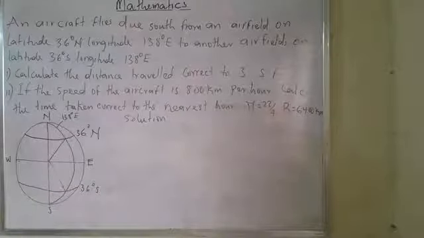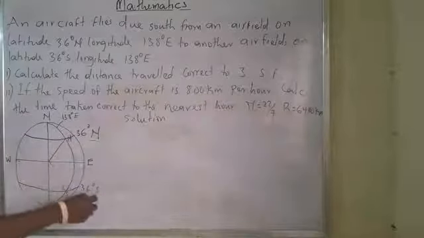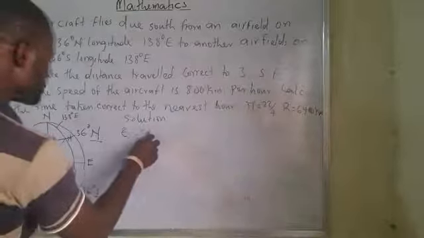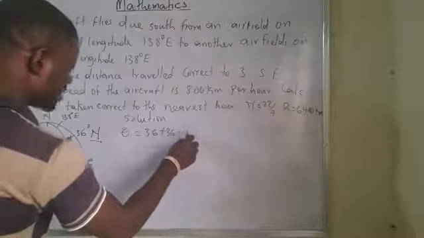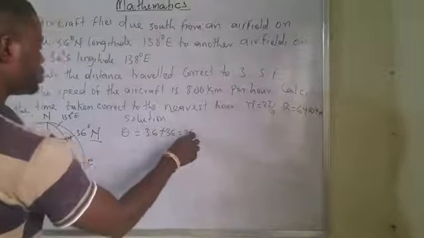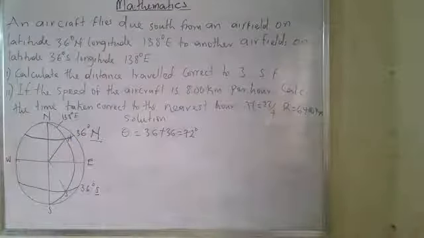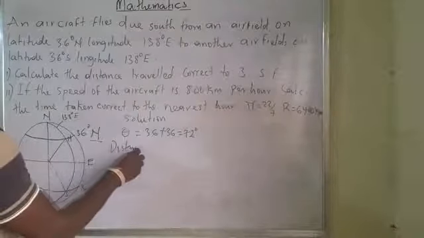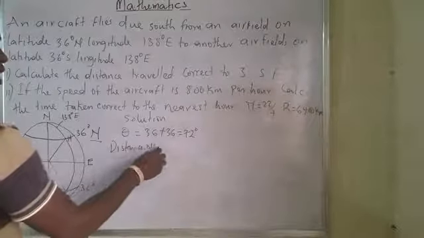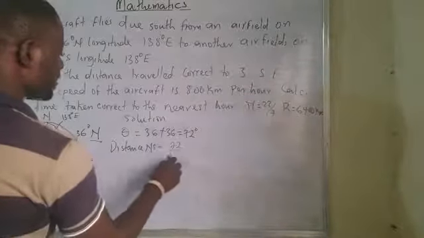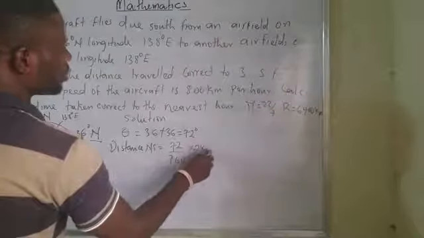Now, I'll be talking about north and south. That is the distance we are working on. Because this location is different from the one I was explaining earlier, this is north and this is south. It means my theta will be equal to 36 plus 36, which is 72 degrees. Since I have that, my distance between north and south will be equal to 72 divided by 360 multiplied by 22 over 7